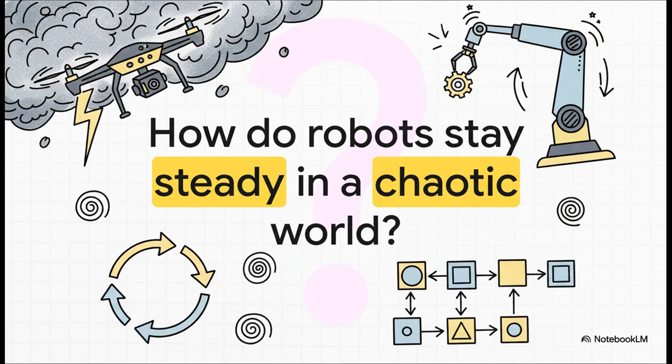I mean, really think about it for a second. How does a drone manage to hold perfectly still in a sudden gust of wind? Or how does a robot arm perform some super delicate task even if it gets bumped? The whole answer? Well, it lies in mastering the art of control, and believe me, it is one of the trickiest challenges engineers are up against.